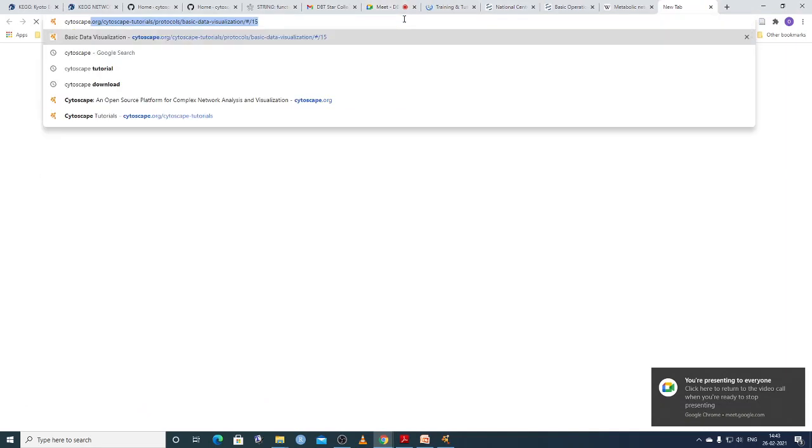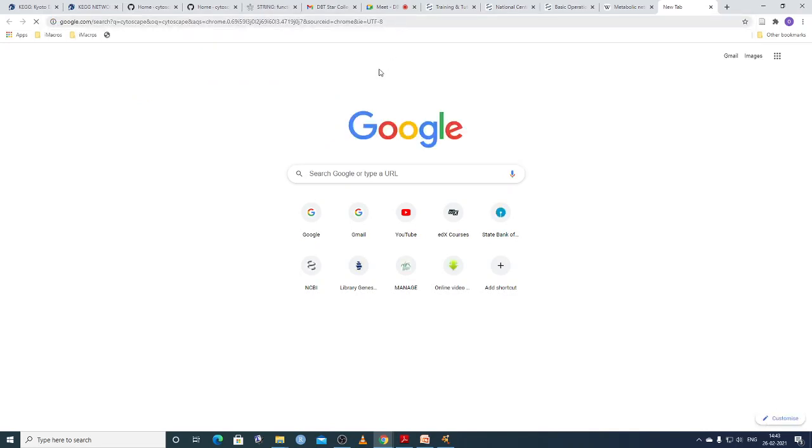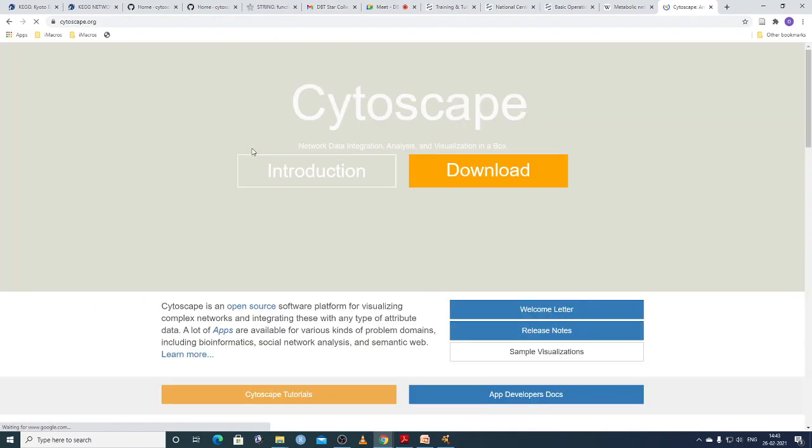Let us see what this Cytoscape is. If you type Cytoscape in Google, you will get a link like this: Cytoscape, an open source platform for complex networks. You can analyze with this software on your own desktop. If you download it, you can do network data integration, analysis, and visualization.